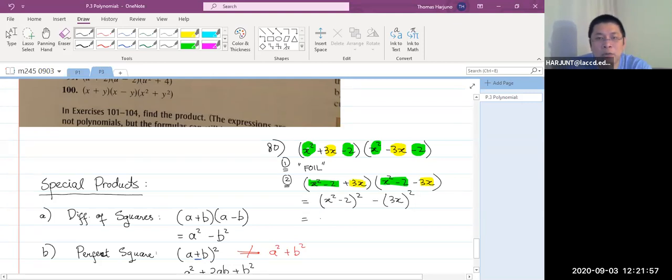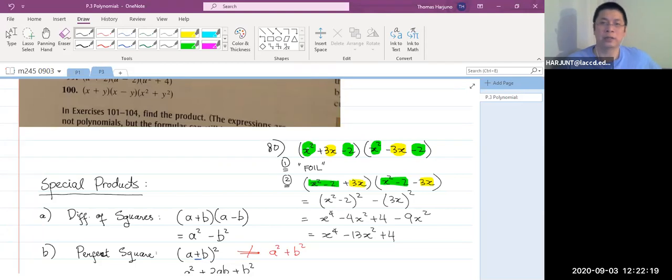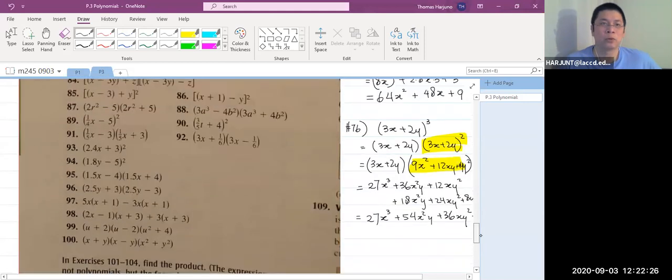Okay, this will be x to the 4th minus 4x squared plus 4 minus 9x squared. That will be x to the 4th minus 13x squared plus 4. Okay, the result you get should be the same as the first method you did. If you did the FOIL, then you should get the same. Okay, now